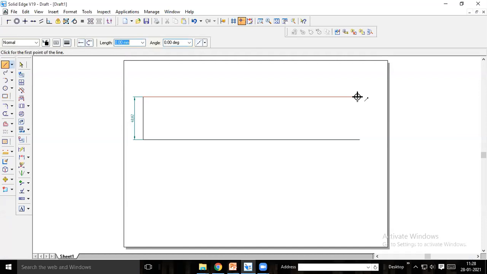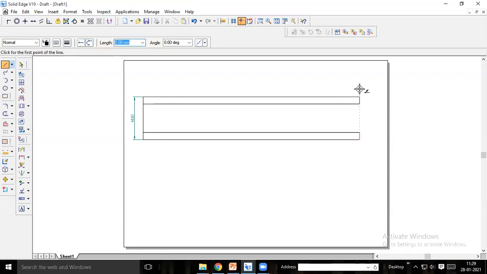On the other side, I will take the length 48.02 divided by 6. Here only I will mention 48.02 divided by 6. Enter. Angle will be minus 90. Enter. I will get a line. Just extend this line. So on the other side also the same. H by 6, 48.02 divided by 6 at 90. Draw a line and extend this. Manual drawing also you have to do like this.